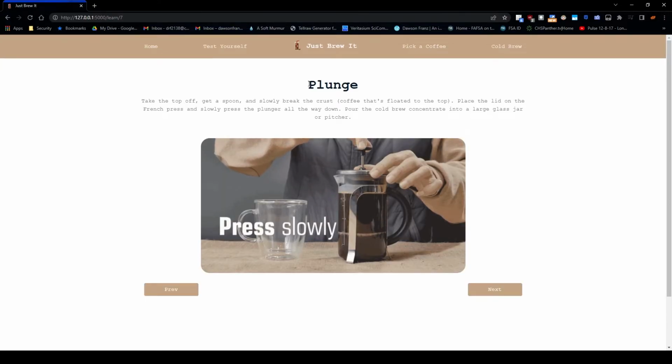Okay, so after refrigerating, we plunge, it looks like. So this is just pressing it down. That's, I guess, why you'd buy the press. Okay, that makes sense. So we take the top off, get a spoon, and break the crust. So that's just like the stuff that's on the top of the cup. That makes sense. So place the lid on the French press, slowly press all the way down, and we're gonna